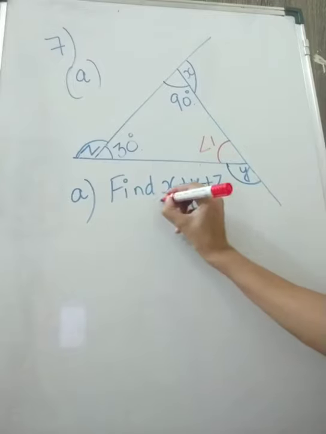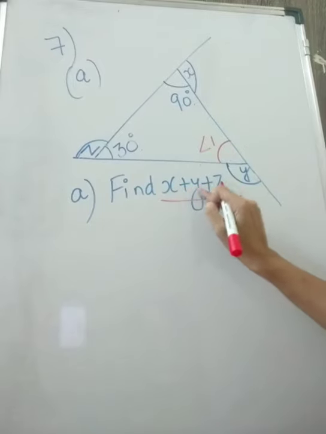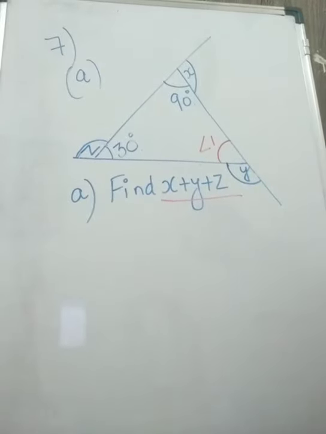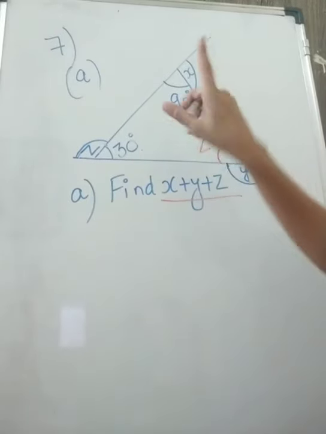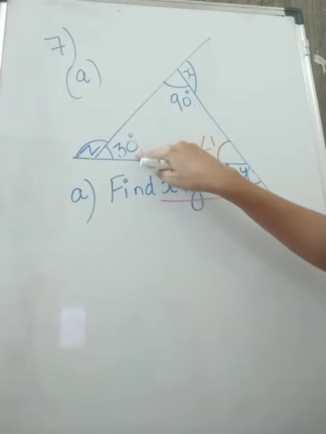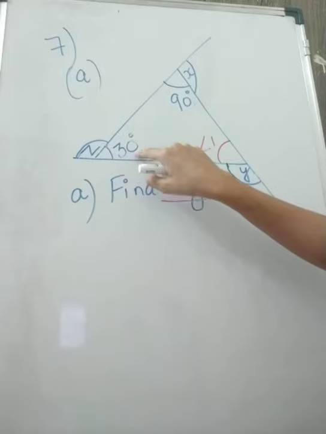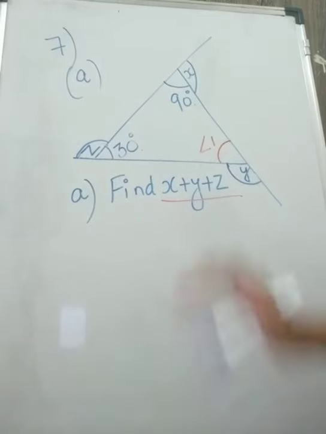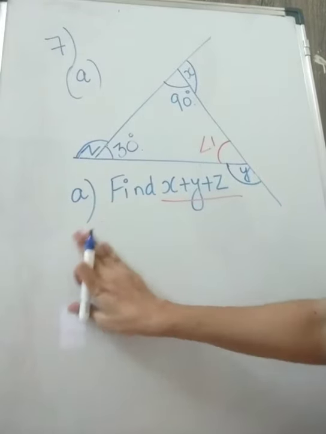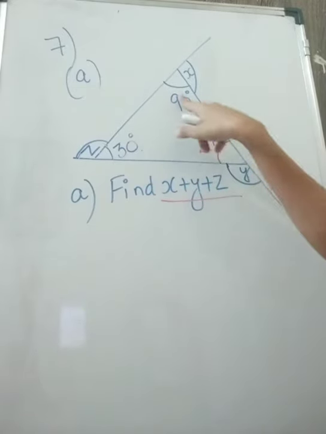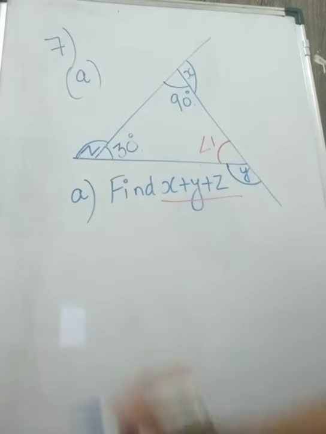Now what we have to find out? We have to find out x plus y plus z. So we don't know x plus y plus z. Now how we are going to find out? By using interior angle. Now student, you can see the first angle is 30 degree, one angle is 90 degree and one angle is missing. If one angle is missing, how we will find out student? Now you know that angle sum property is what student? First, second and third angle is equal to 180 degree.